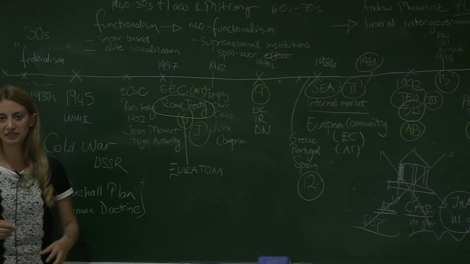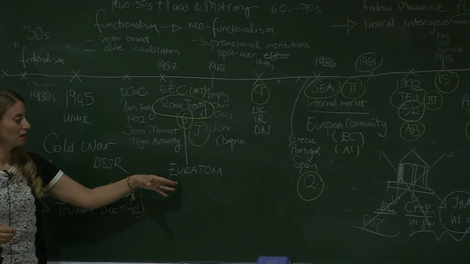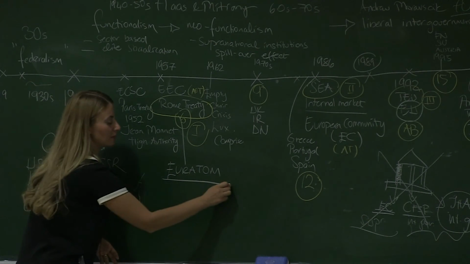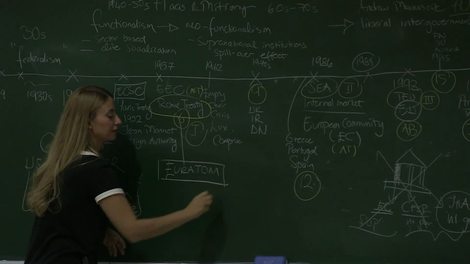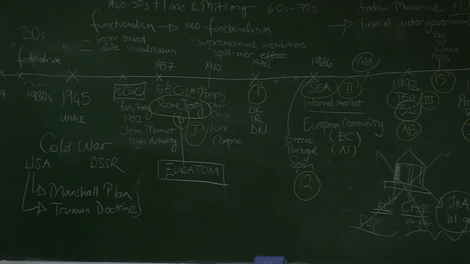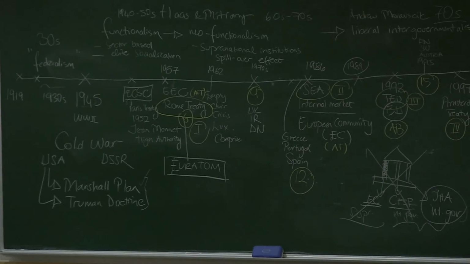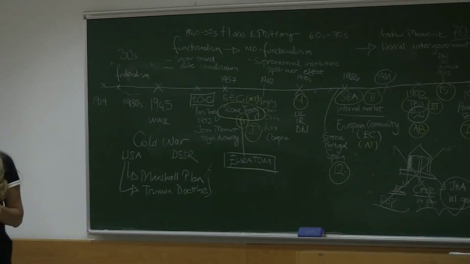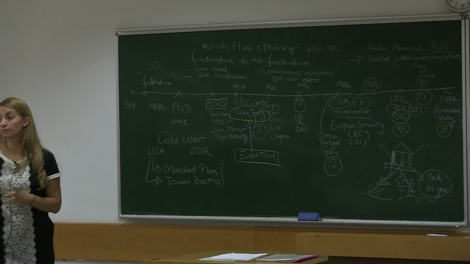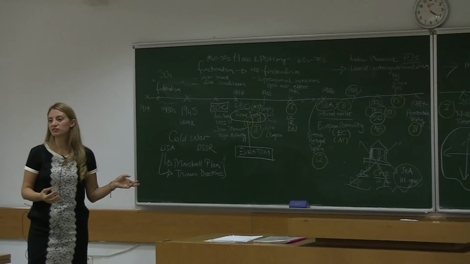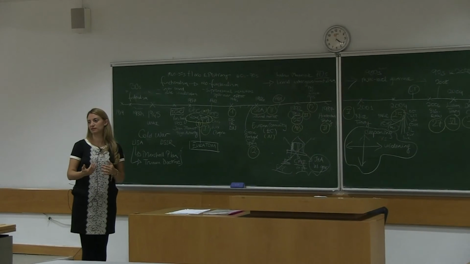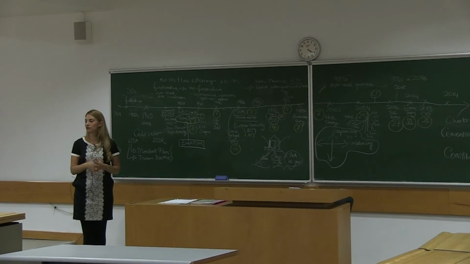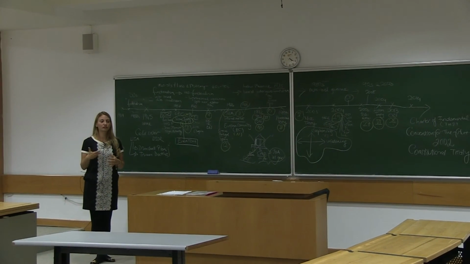Euratom, like coal and steel, was another industry that was quite critical in terms of war or peacekeeping. So Euratom was trying to make sure that atomic energy was used for peaceful purposes in Europe, so that it's not going to be developed to produce